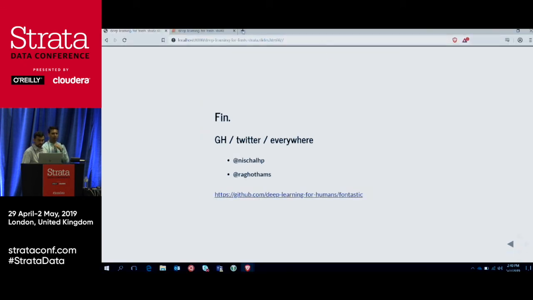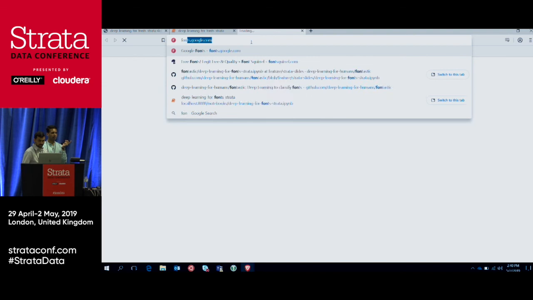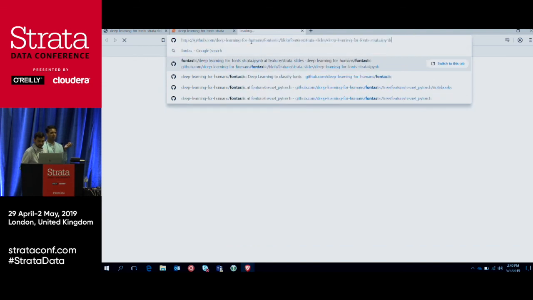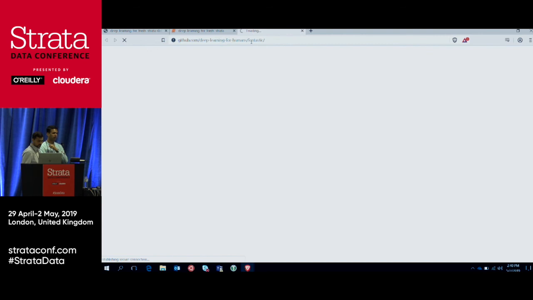Yeah, for those of you who didn't hear, the question was if all the font files, the data, everything is available. Yeah, we've put a README file with links to the TTF files, and we have also built the project in a way where you could take these TTF files and run the entire data creation yourself. So it's not just IPython notebooks.